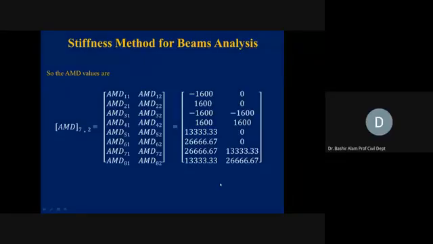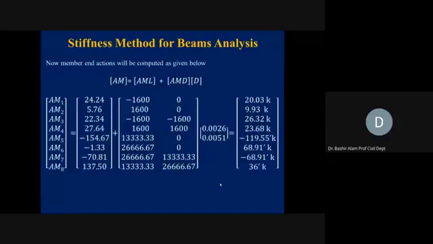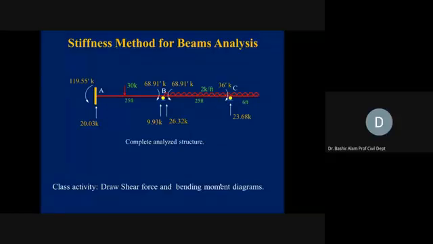Now, when these are in hand, you can plug in this equation: AM is equal to AML plus AMD times D. And directly you go here on the right hand side. If you see the final column, these are all those shear and unknown moment values. Once you get them, accordingly you put them on the sketch. Here you see all the support reactions. And with the help of this, the support reaction at C is